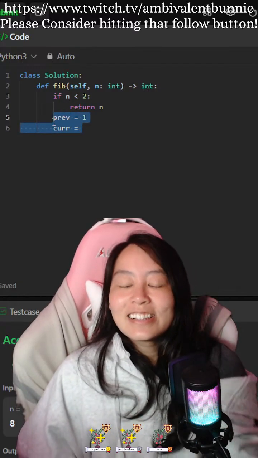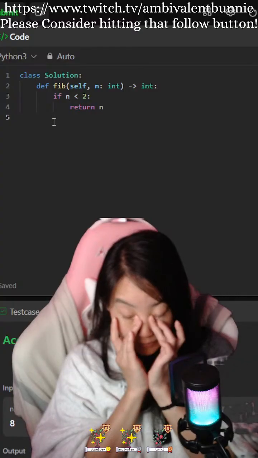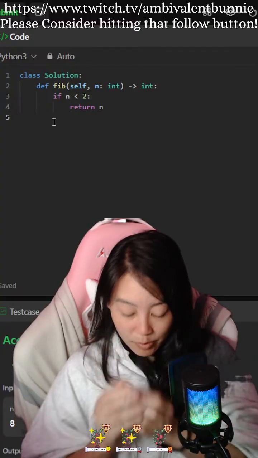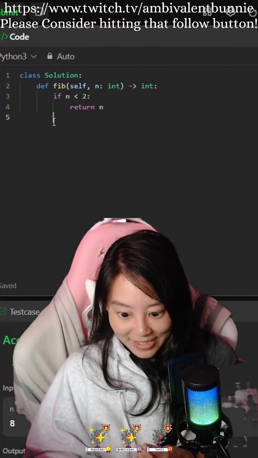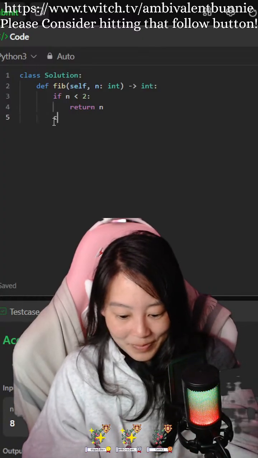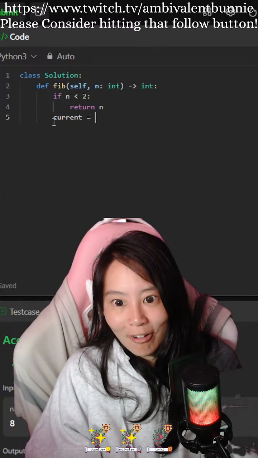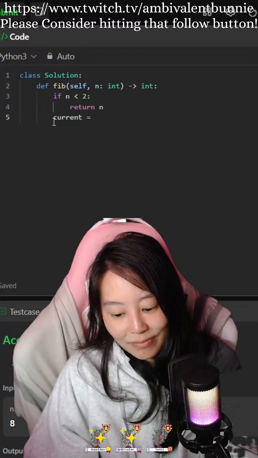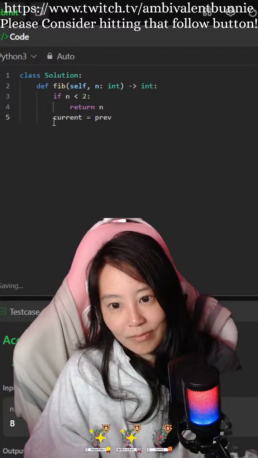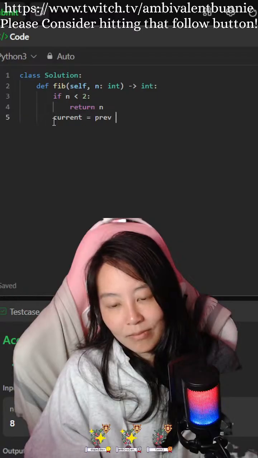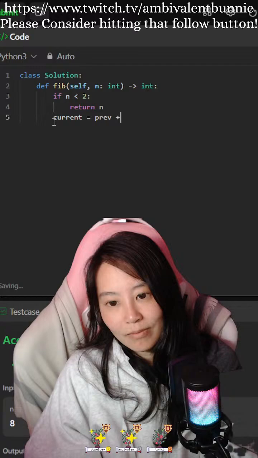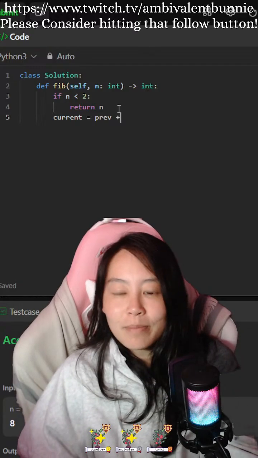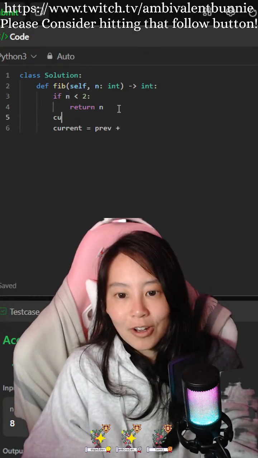Okay, so if I want to start from 0 up, this is where I had the sum. So current equals, so it would be current.